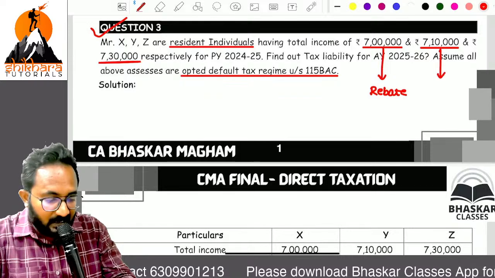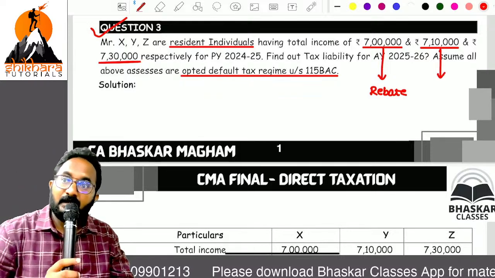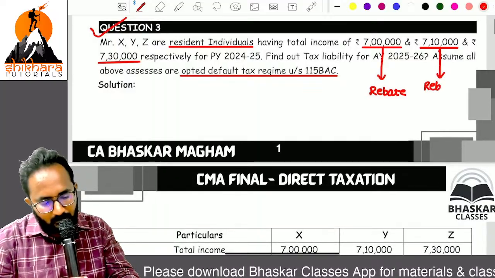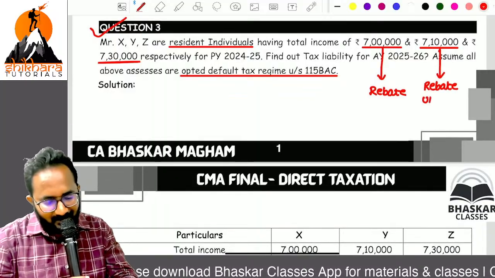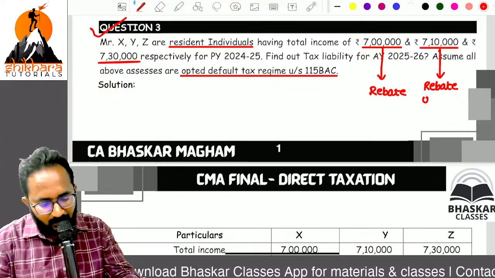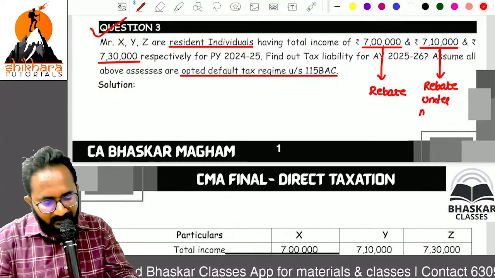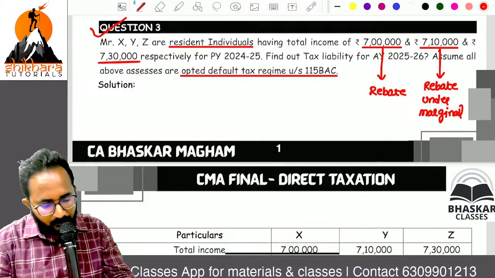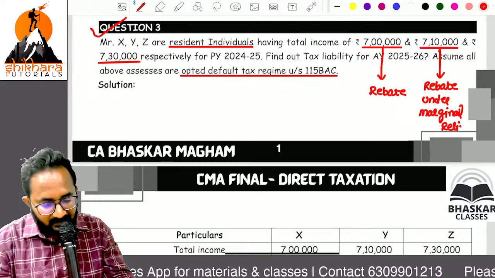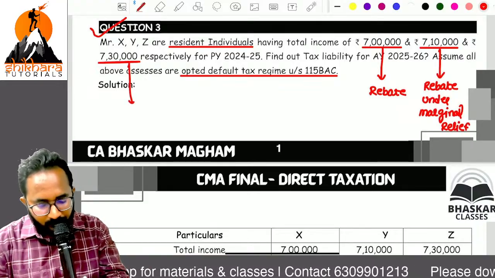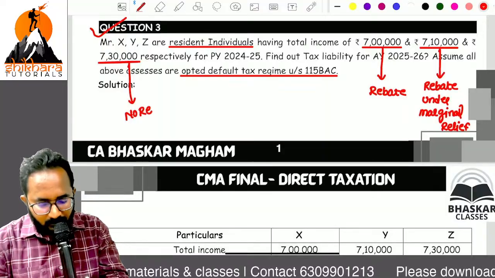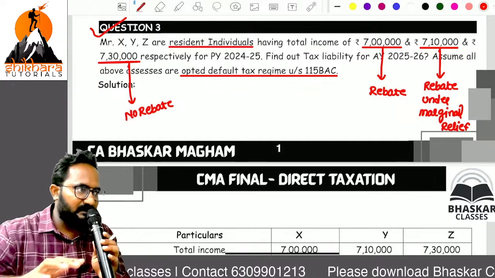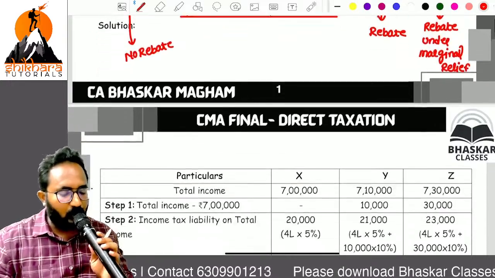But with 7 lakh 10,000, ma, can he get rebate? Yes, under which concept? Marginal. Rebate under what concept, ma? Marginal relief. The last person, can he get rebate, ma? No. No rebate. Now you can calculate, but while solving these 3 types of problems, you have to follow the